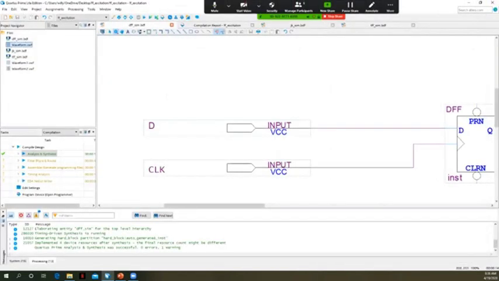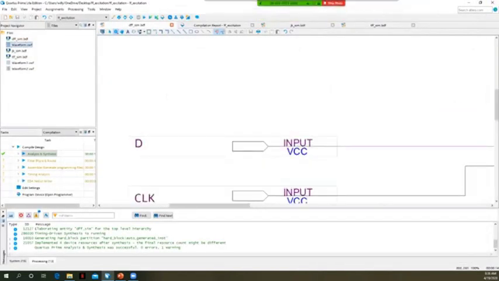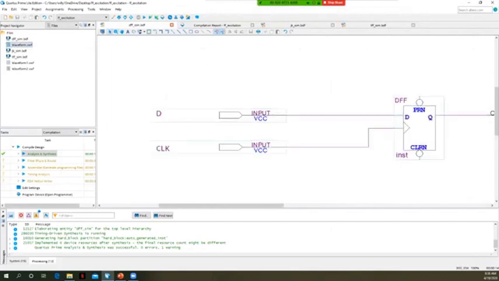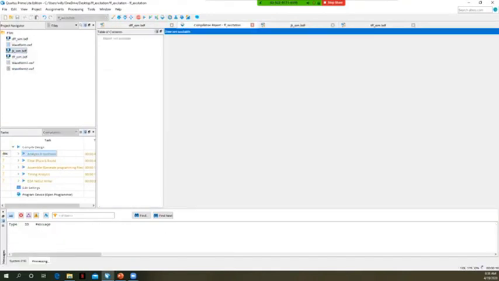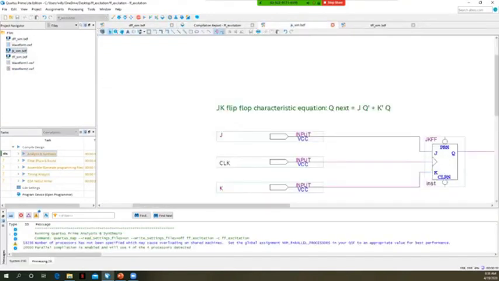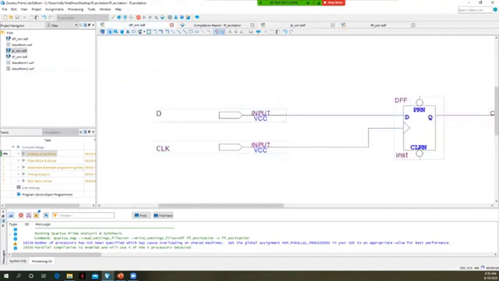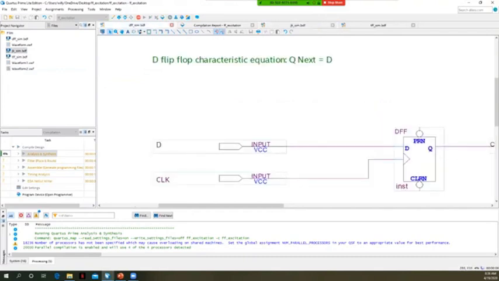Our next flip-flop is the JK. So let me go ahead and make the JK the top level. Let's run analysis and synthesis. All right. What I should mention here is I just went ahead and used